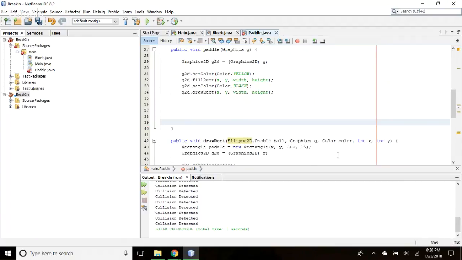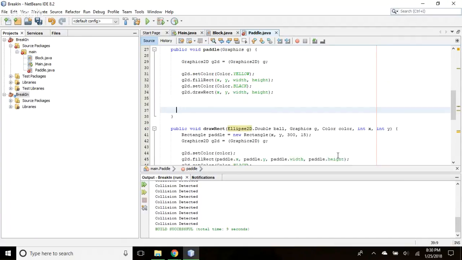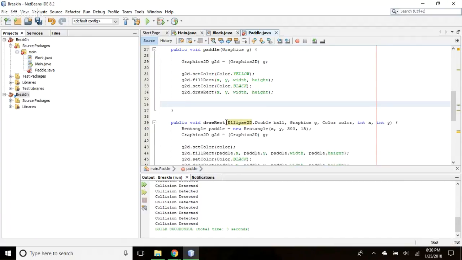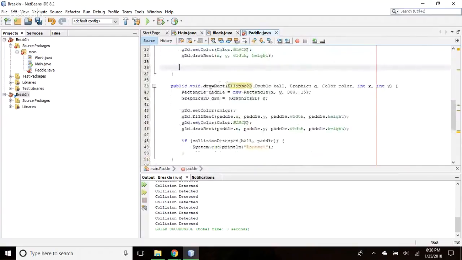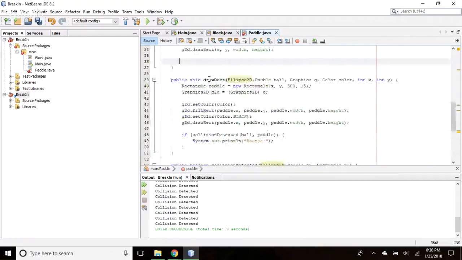Okay, delete that. And this probably, you don't know, why did we not use the draw rect? Oh, okay. Oh, I see.